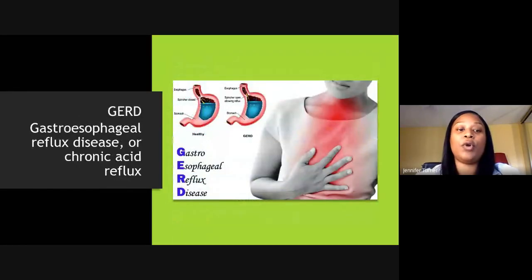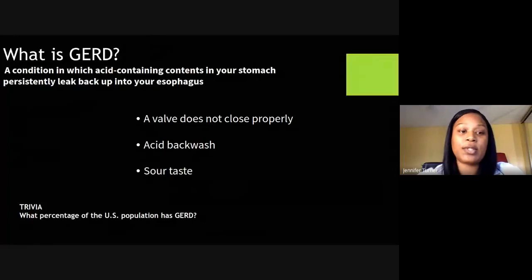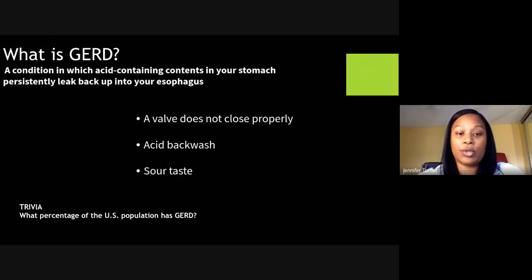All right, and we're moving on to GERD. GERD is a condition in which acid-containing contents in your stomach persistently leak back up into your esophagus. And the process of that starts with